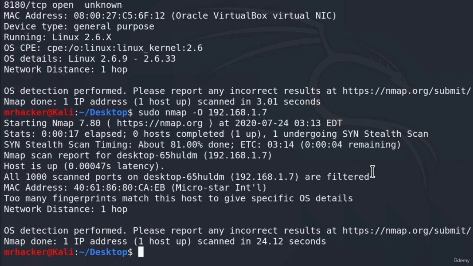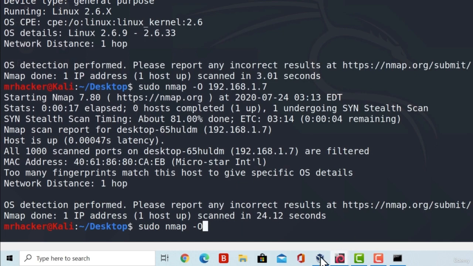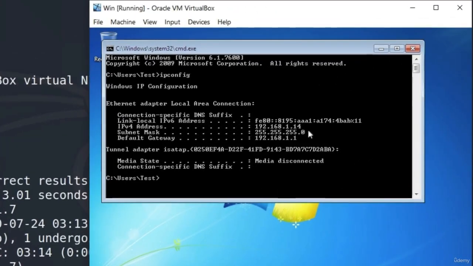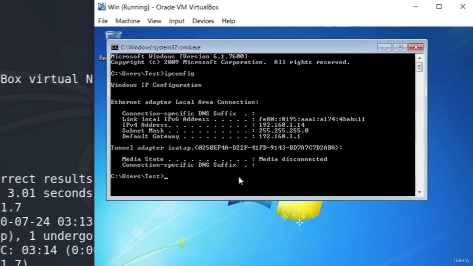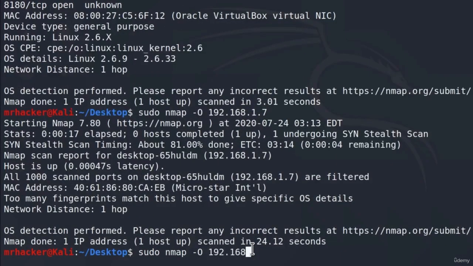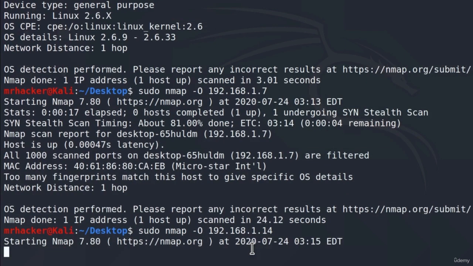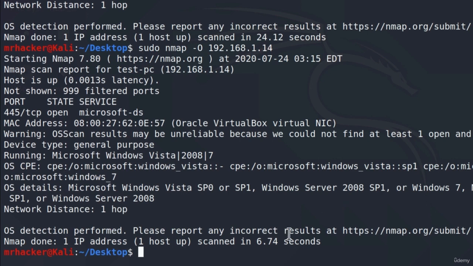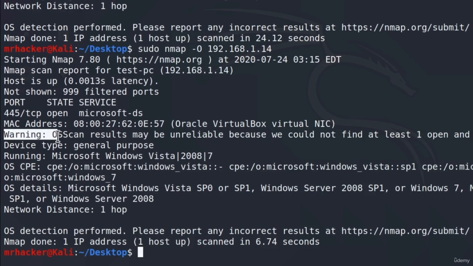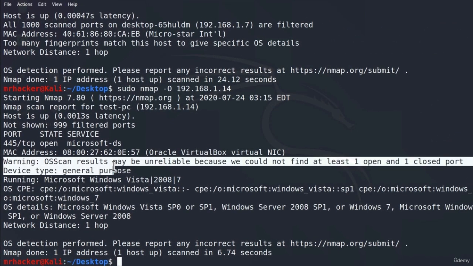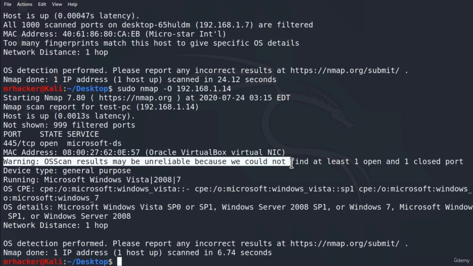I know for a fact that the Windows 7 virtual machine has one port open, so let's see whether it will manage to figure out the operating system on that machine. If I type sudo nmap -O, and I already typed ipconfig in my Windows 7, the IP address is 192.168.1.14. Let's specify it right here. Let's wait for this to finish. And it gives us a bunch of OS details. Up here we have a warning that says results may be unreliable because we could not find at least one open port and one